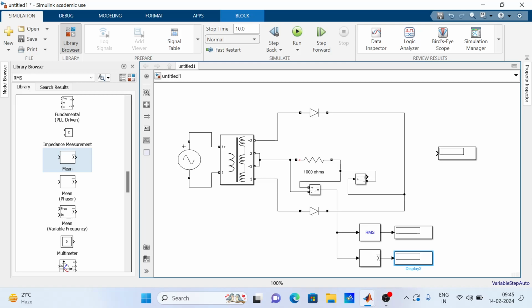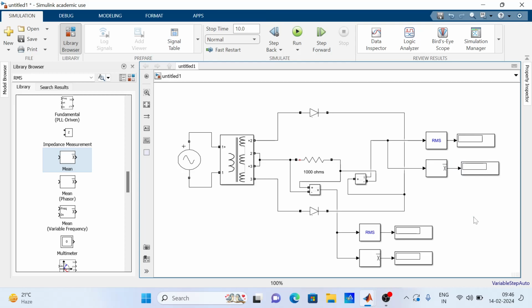Okay, that's it. So what else? We require two more blocks for the current. So I am connecting two more blocks, one RMS block and one average, or mean, block, and connecting these blocks to the current measurement. This gives the IRMS, and this is the I0 average. And you want to see the outputs, so again connect the display blocks. You have one display block here, so connect it, and I have one more display block, simply connect it.